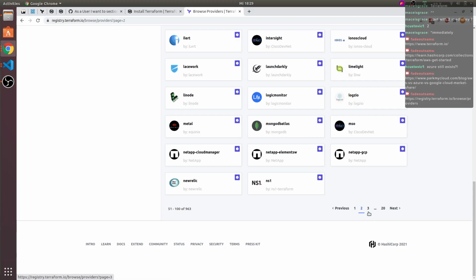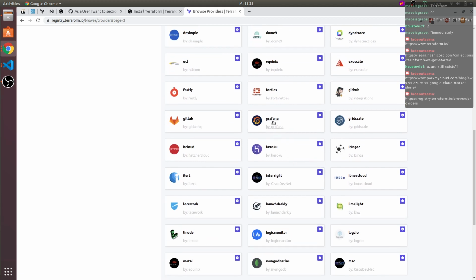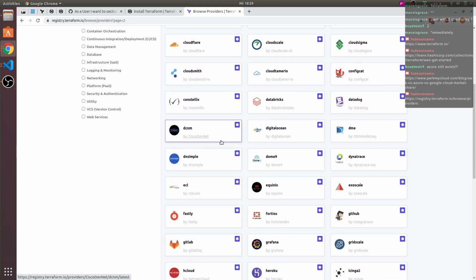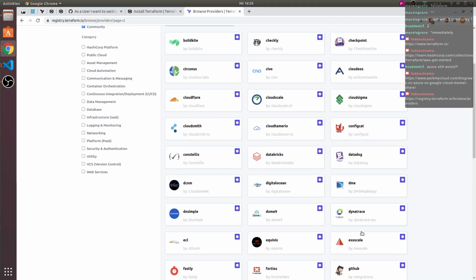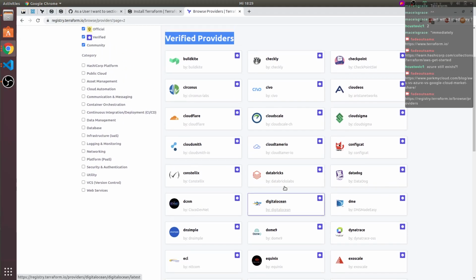But they are supported. LaunchDarkly is even here. Interesting. New Relic, Metal. Yeah, so they have a lot. Grafana, GitLab. Exoscale is one that I've worked with, a cloud provider like an AWS alternative, but a lot more secure, but also smaller.